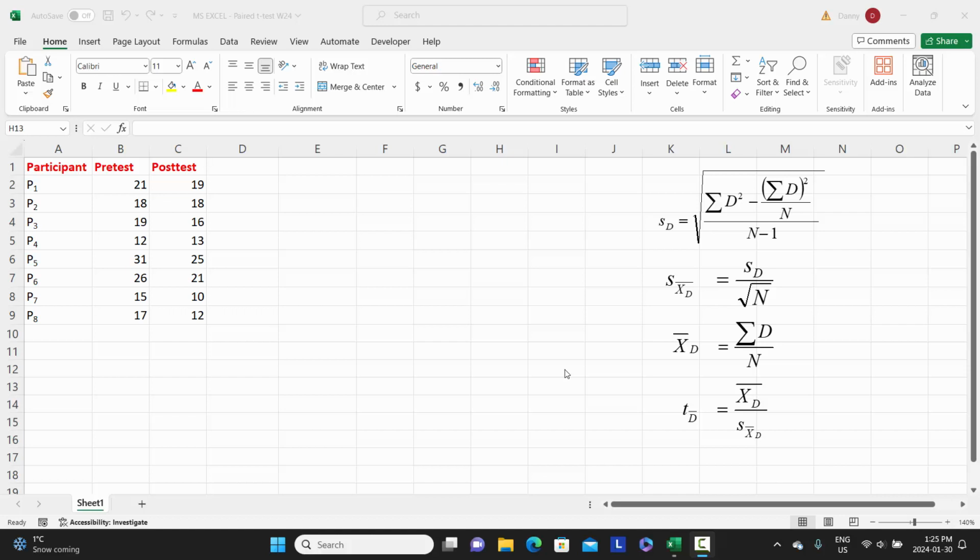In this video, we're going to demonstrate how to use Microsoft Excel to carry out a paired samples t-test. On the right-hand side, what we see here are the four fundamental equations that we'll have to use to carry out our paired samples t-test. And on the left-hand side, we have our raw data for eight